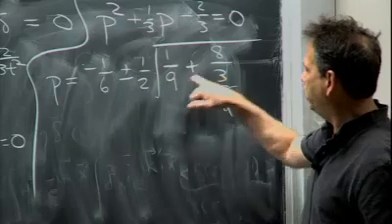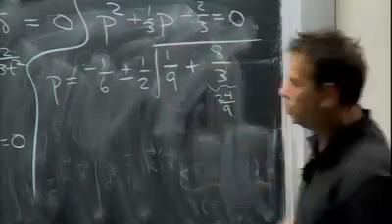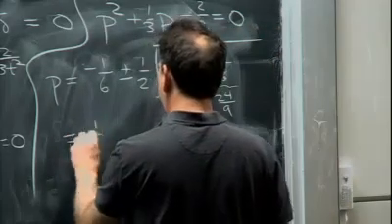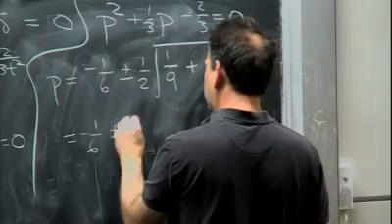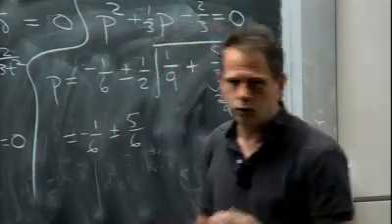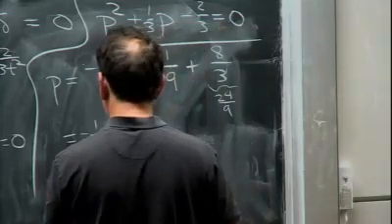24/9 plus 1/9 is 25/9. The square root of that is 5/3. Right? So this is equal to minus 1/6 plus or minus 5/6. So again, there are two solutions. There's a decaying mode and a growing mode. So the decaying mode